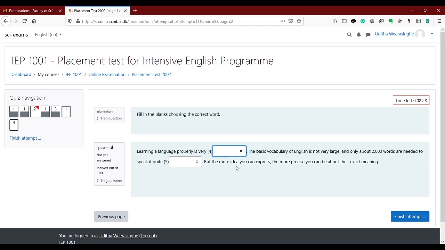Learning a language properly is very important. The basic vocabulary of English is not very large, and only about 2,000 words are needed to speak it quite well. But the more ideas you can express, the more precise you can be about the exact meaning. Fine. Now, at this moment, this tells me that I have not answered this question because I haven't hit finish attempt